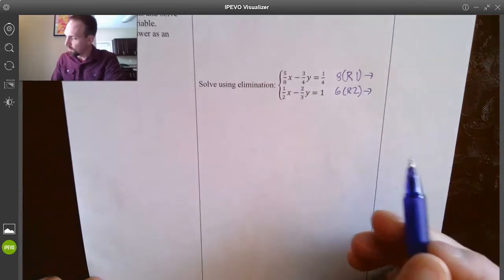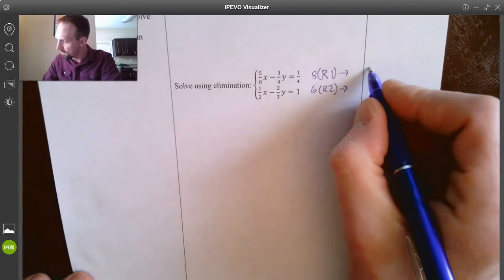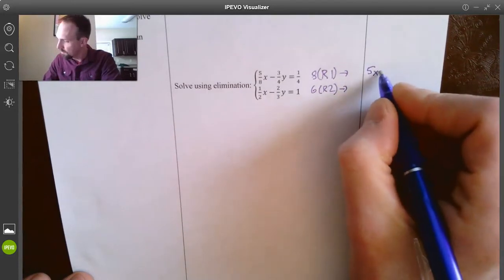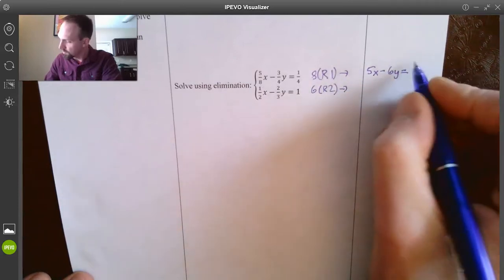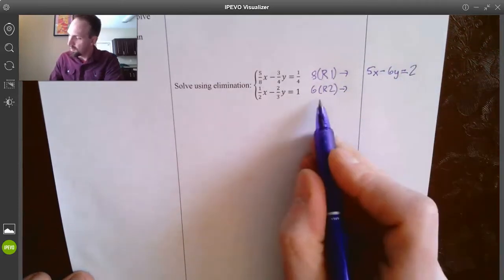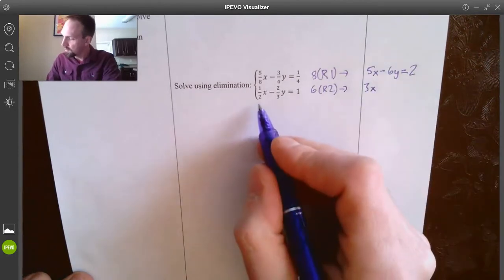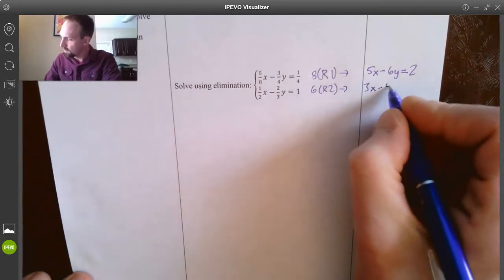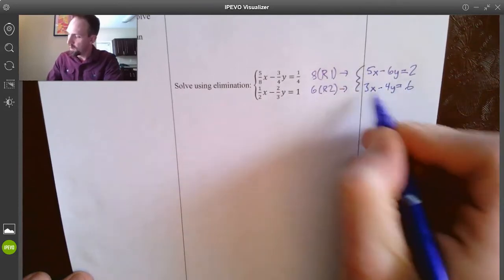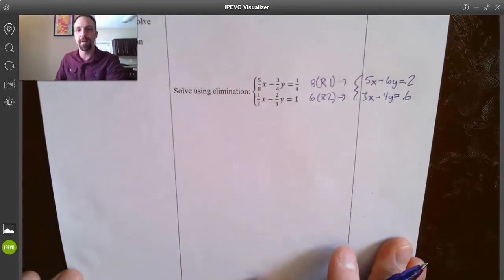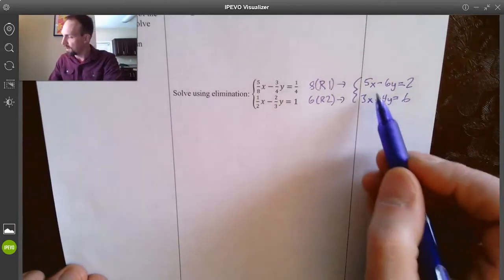So 8 times row 1 is going to give me 5x minus 6y equals 2. And then 6 times row 2, so that's going to give me 3x minus 4y equals 6. So these are equivalent forms. These are equivalent parts. So the next part that I'm going to do is go ahead and